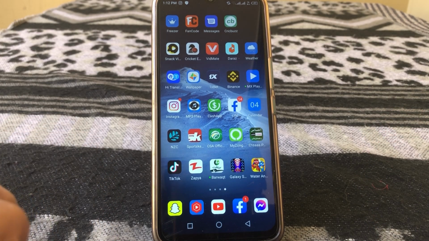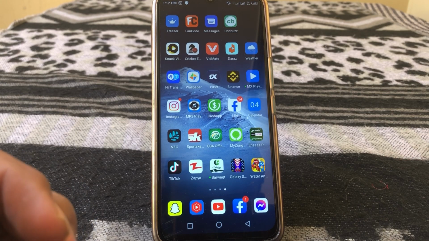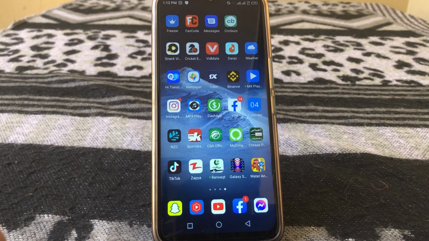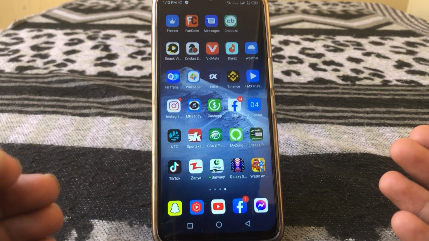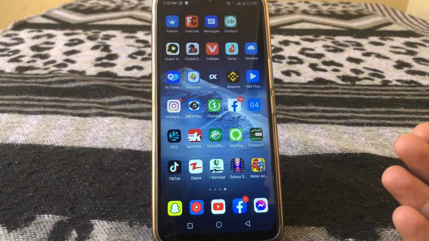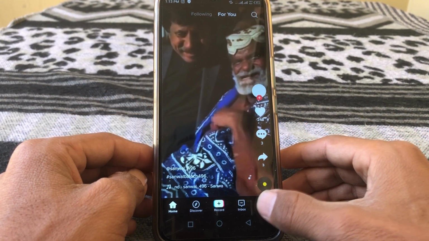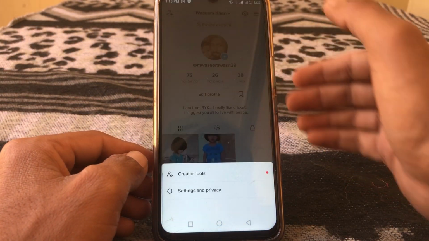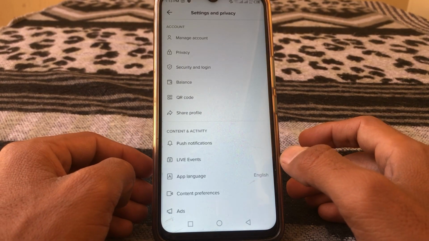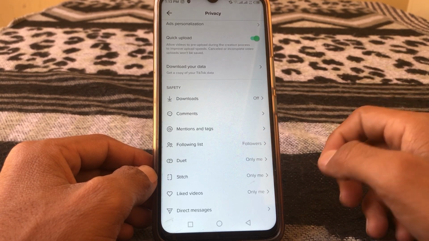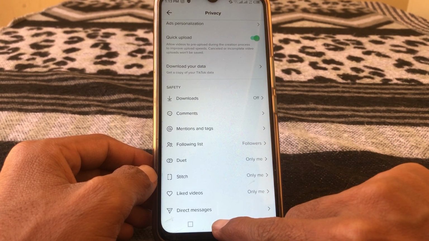So guys, in this video I'm going to be showing you how to fix profile view option not showing on TikTok in 2022. So guys, let's get started without wasting any time. First of all guys, let me show you here in my TikTok. It's not showing here. So to fix this, what you have to do is just simply go back to your